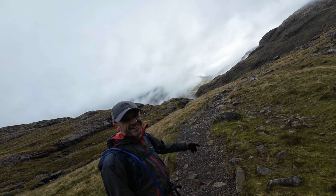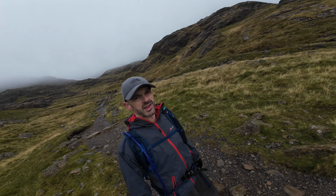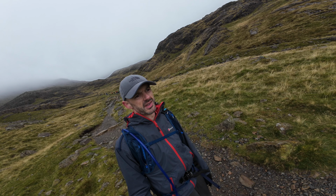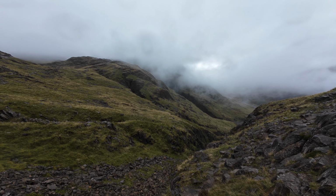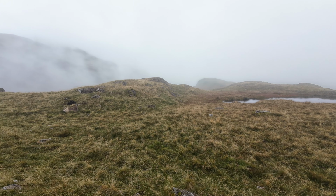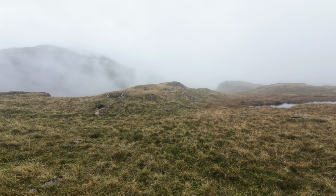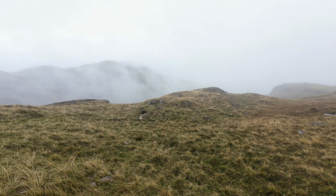Just look at that. I think it's making up for the lack of views at the top. All this stunning weather now. The way the clouds are just whipping up around in the valleys and the gullies and everything else, and then you can see the other peaks and summits and valleys behind, layers of cloud. And I think this is just as exciting and interesting. I mean, I'll take this over the view from the top,